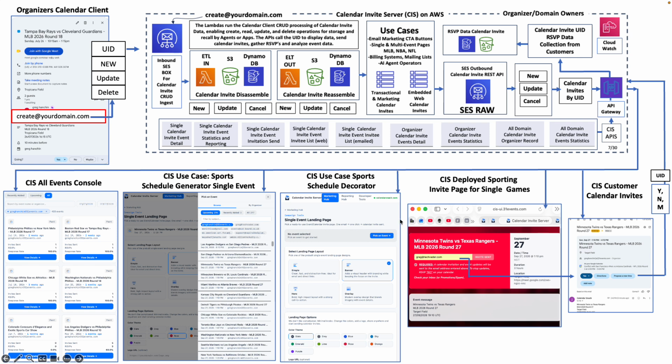They decorate the landing page here. You share it with somebody. They sign up for the event. They click a box saying, yes, I understand it's a calendar invitation. Put their email address here. Click send the invite. The invite goes out, and then in a round trip, the data comes back to the